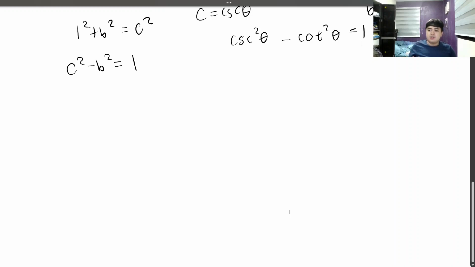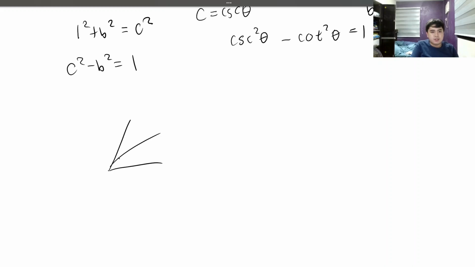So, with that out of the way, let's try solving for the addition identities. Now, we need a square. Before we do anything, we need to imagine what a plus b might mean. So, sine of a plus b, it might look something like that. So, this is a, this is b, and then the total would look something like that. That looks like a really hard shape